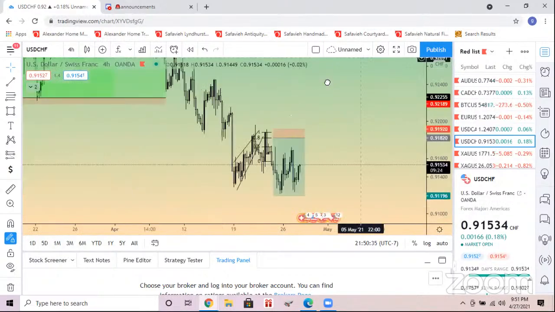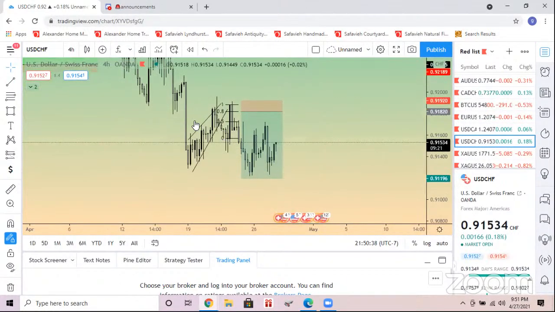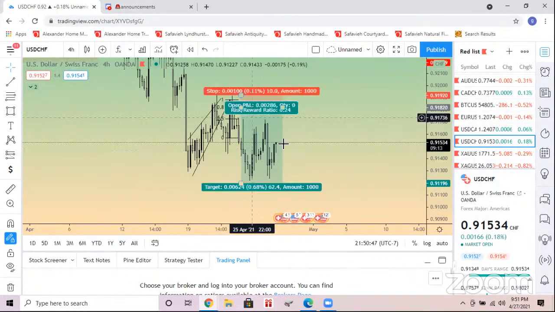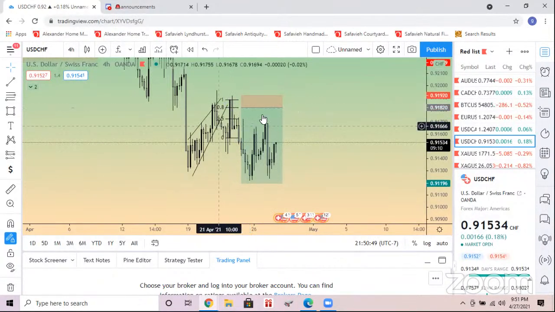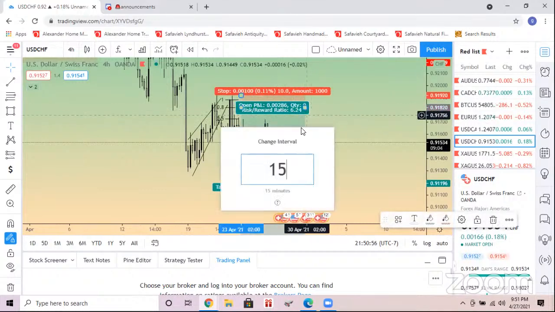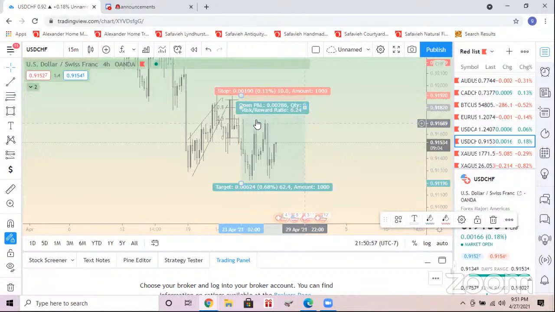USD Chf, redistribution here. We got a type 4 distribution, and then we got a test. And that 4 hour I measured is a 10 pip stop from the 80%. I believe there was some confluence. I'm not going to look for too much, but